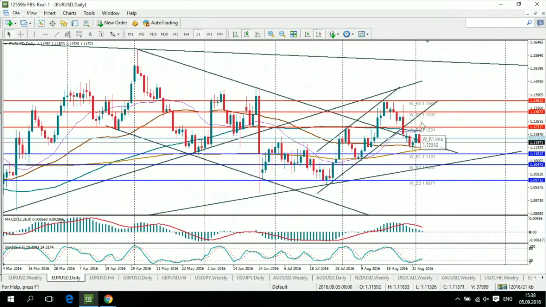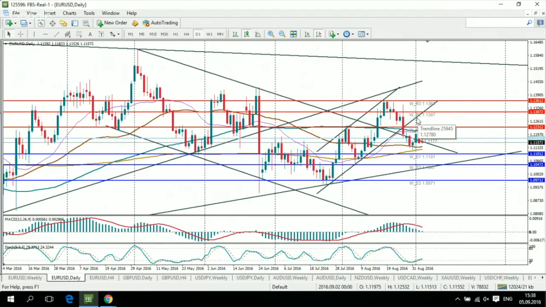We can see that the candle formed on Friday on the daily chart has a very long upper shadow. This means that the bulls were unable to settle at these high levels, and it means that probably some large players have big positions to sell the euro above 1.1230,